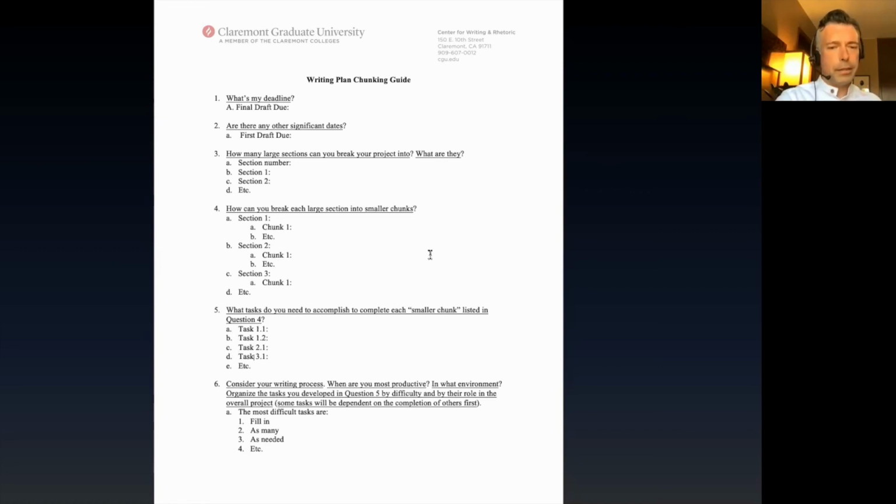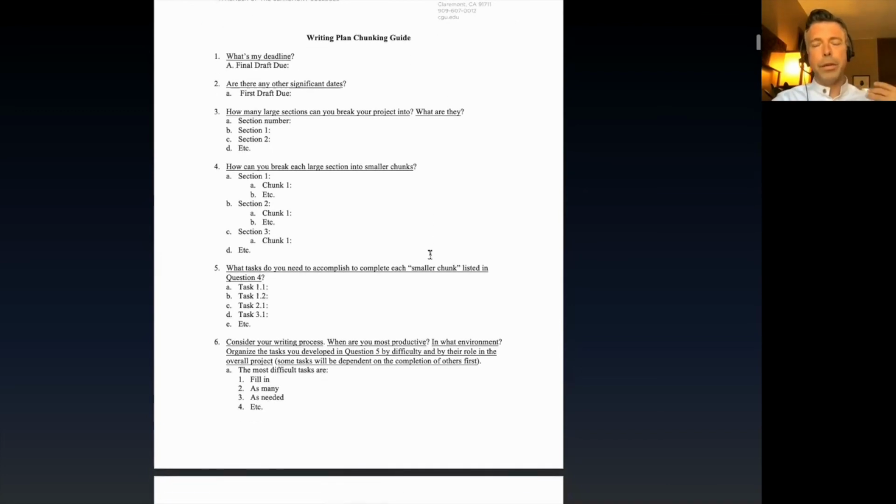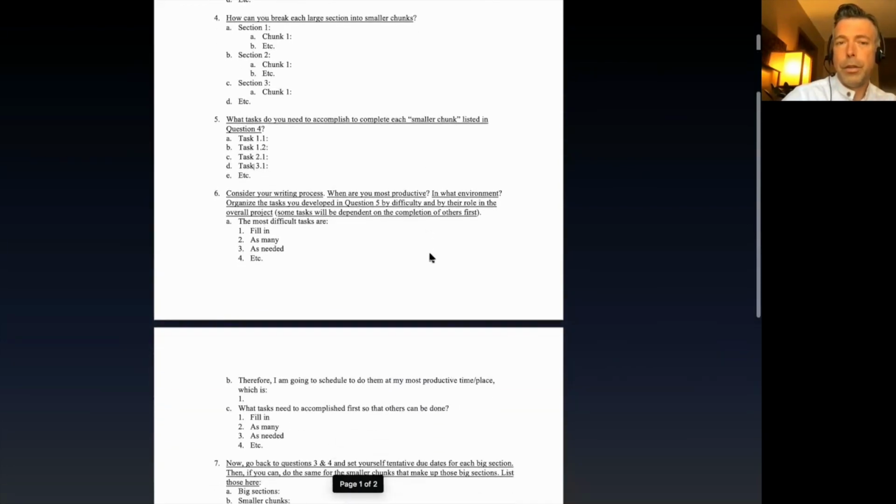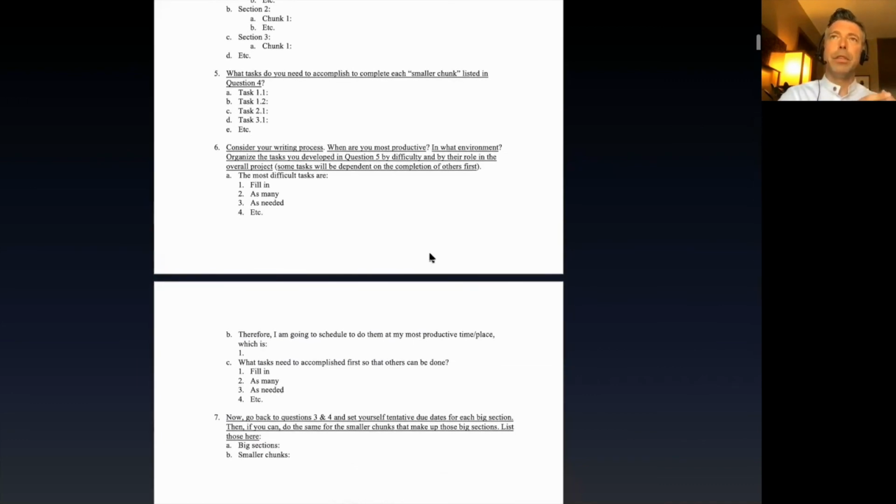The key here is that when you start to consider 6, and this applies for the SMART goals too, thinking about when you are most productive, in what environment, right? You want to start to have the material that 5 provides you, those tasks, to be able to plug in to your life at the times that, as you learn more about yourself and your writing process, as you self-assess more, you will be more likely to accomplish that task at a certain time, and you'll also feel more productive,